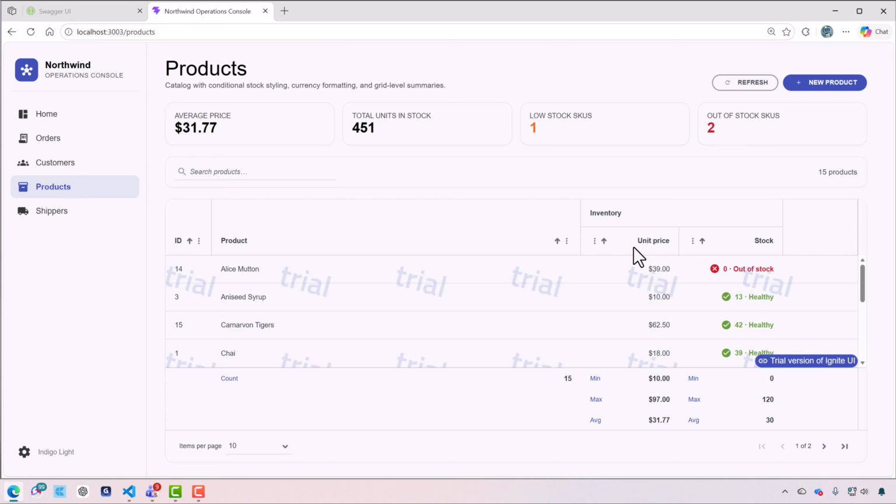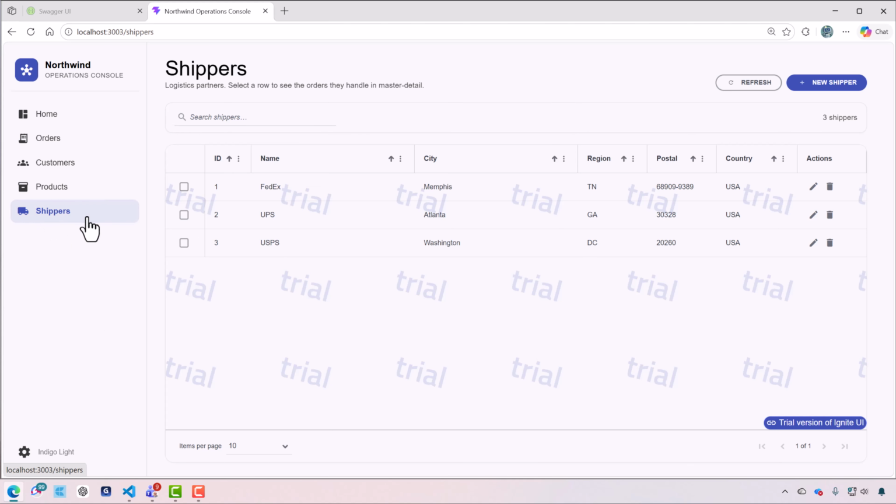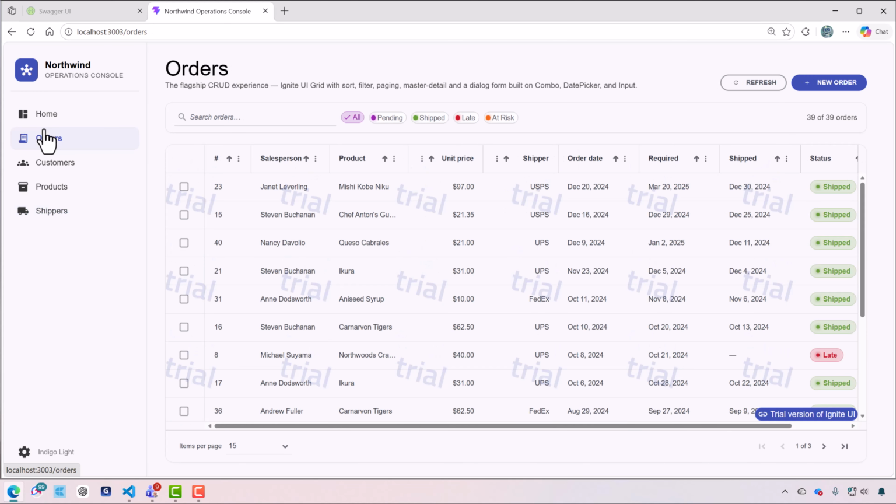So under inventory, we have unit price and stock, and then I'm showing the minimum, the max, and the average, which is key data that I do need to understand where we're at with product. And then on shippers, we just have the shipper information. So if I go back to orders, what I want to highlight is how you can do CRUD in the